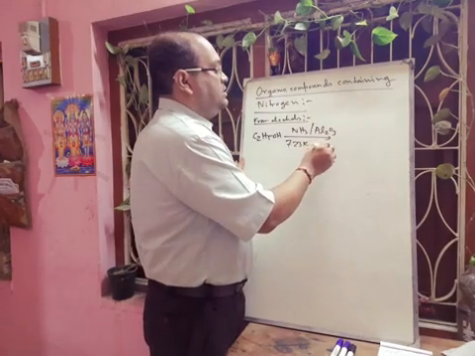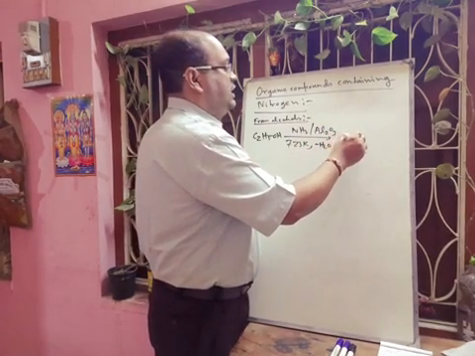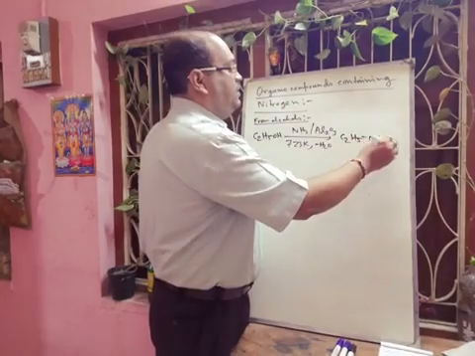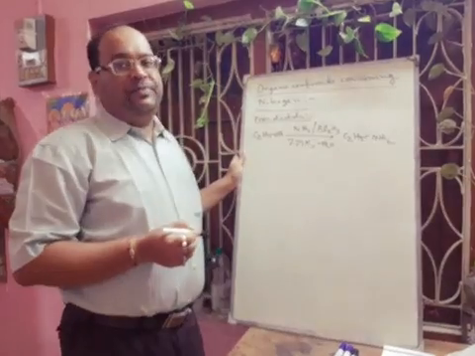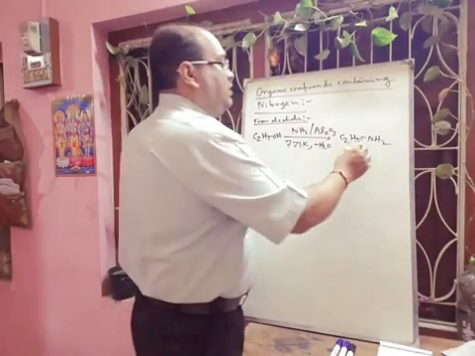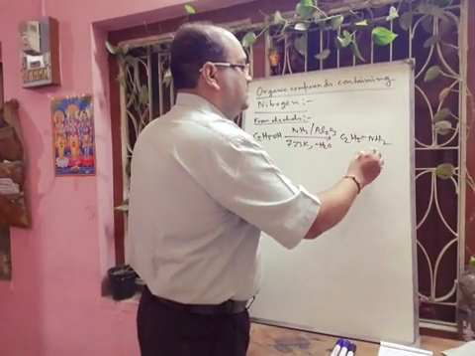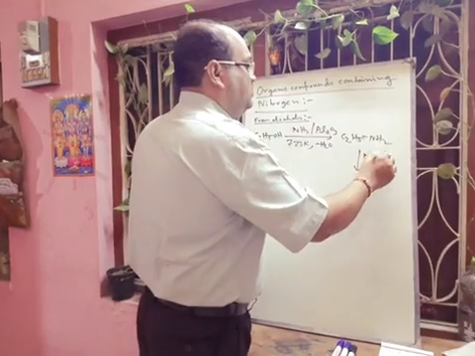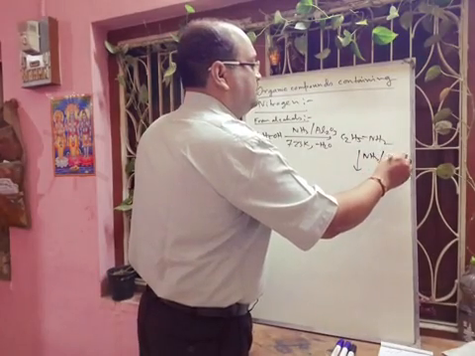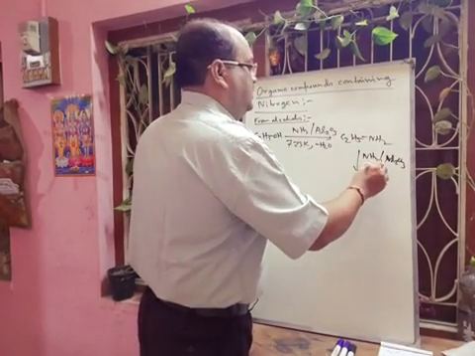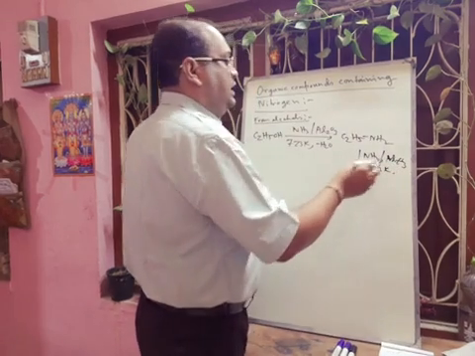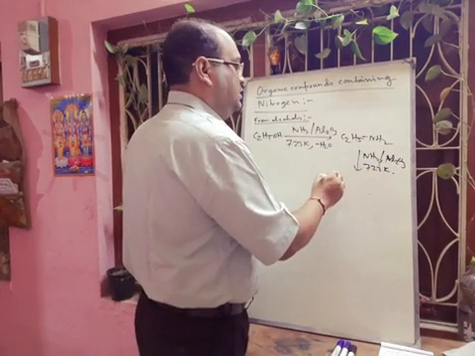There will be elimination of water, and we will get C2H5NH2. So in this way we will get the amine. In the next step what will happen? This will again react with ammonia and Al2O3 at 723 Kelvin. Again there will be formation of